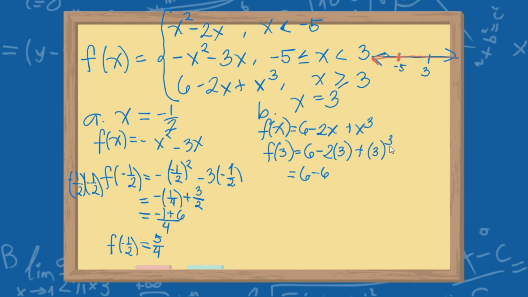So, ibig sabihin nito, tatlong beses mong i-multiply si 3 sa sarili niya. So, that is 3 times 3 times 3. So, 3 times 3 is 9 times 3 is 27. So, plus 27. 6 minus 6 is 0, plus 27 is equal to 27. So, that is f of